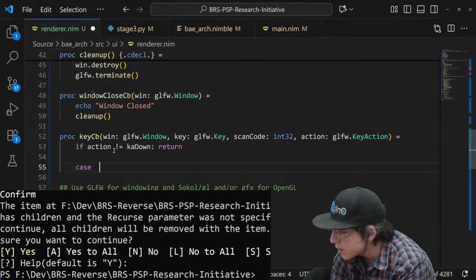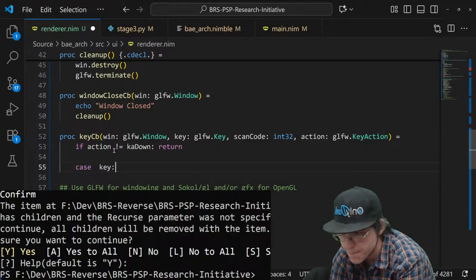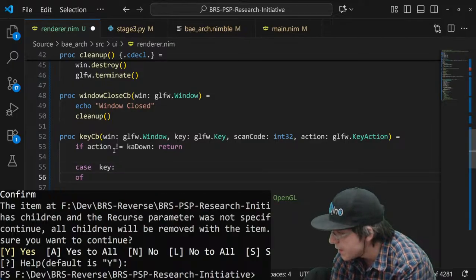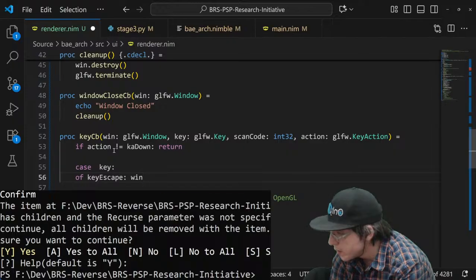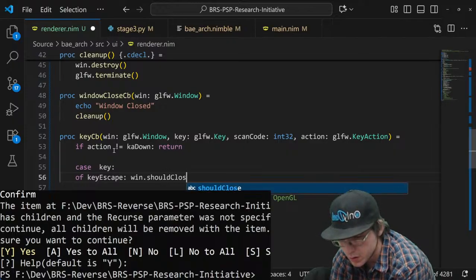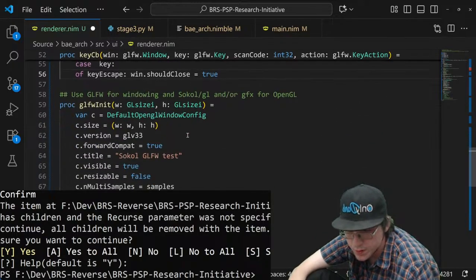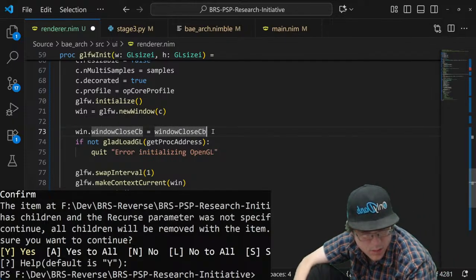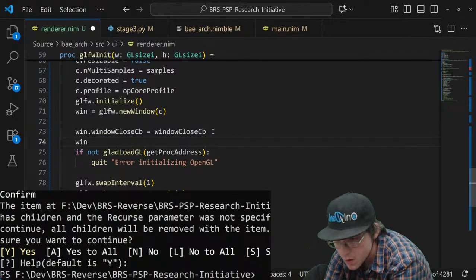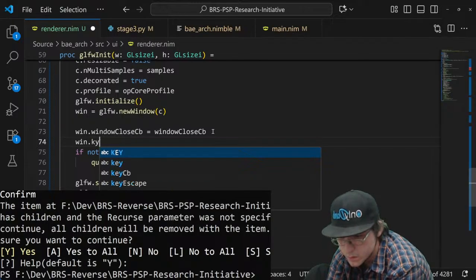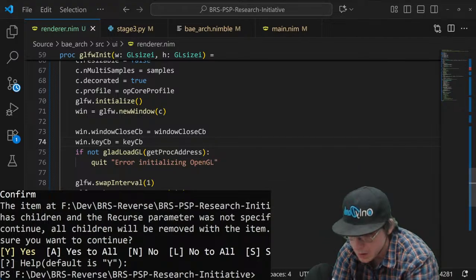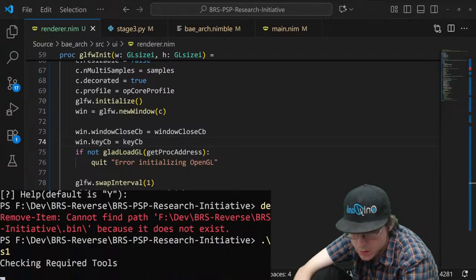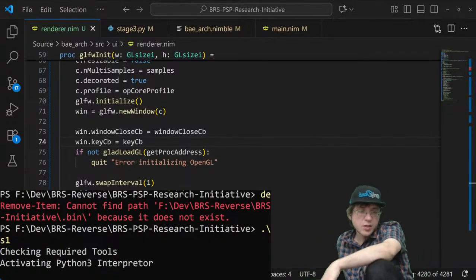Case key, but I'm just going to go ahead and just do case key. Good. Equals. Let's see what happens.